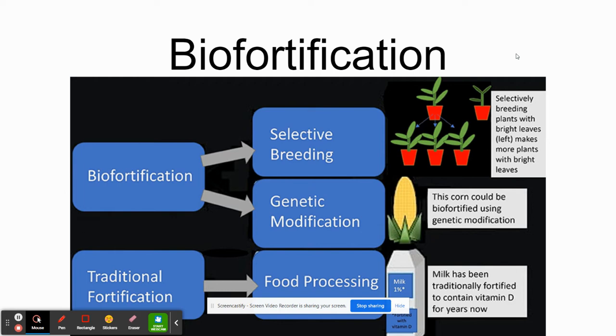But biofortification does the same thing as traditional fortification at a little bit different level because the fortification occurs either through selective breeding or through gene modification. Selective breeding means that plants with certain characteristics are used more often and begin to be more of the population. And genetic modification simply means that we change the genome of the plants to have certain characteristics. So, the use of technology and science is helping us to make agriculture more effective and more efficient by incorporating